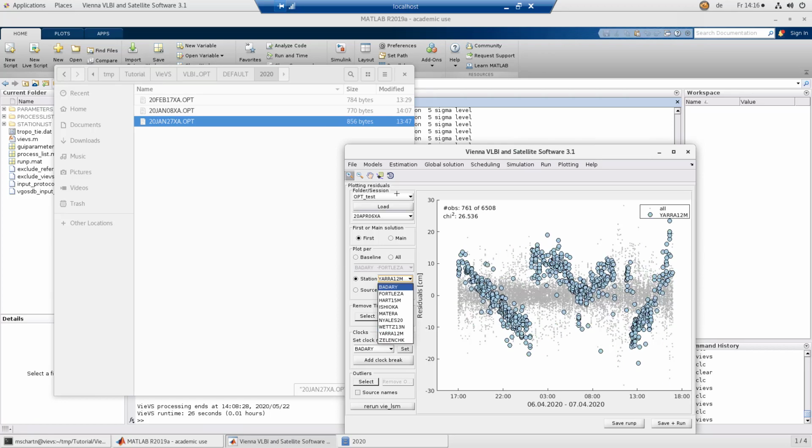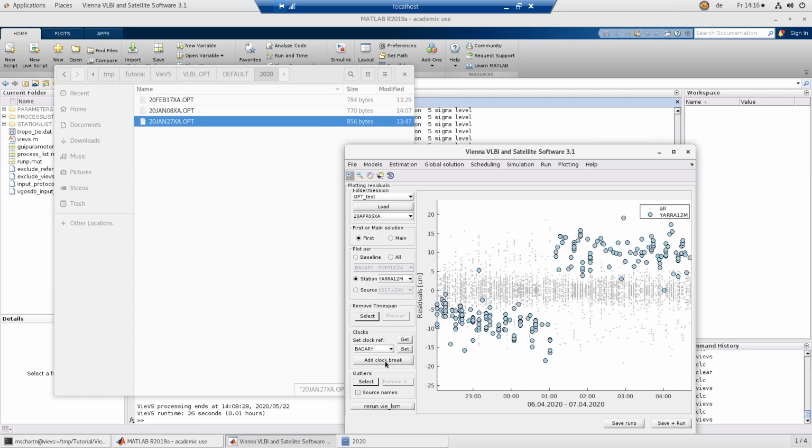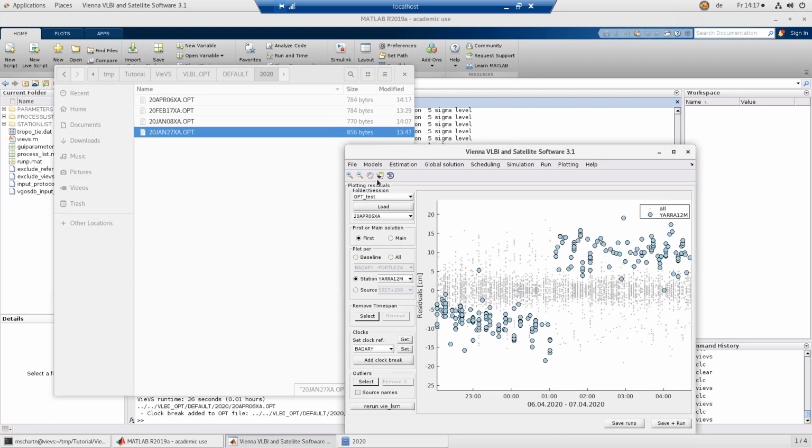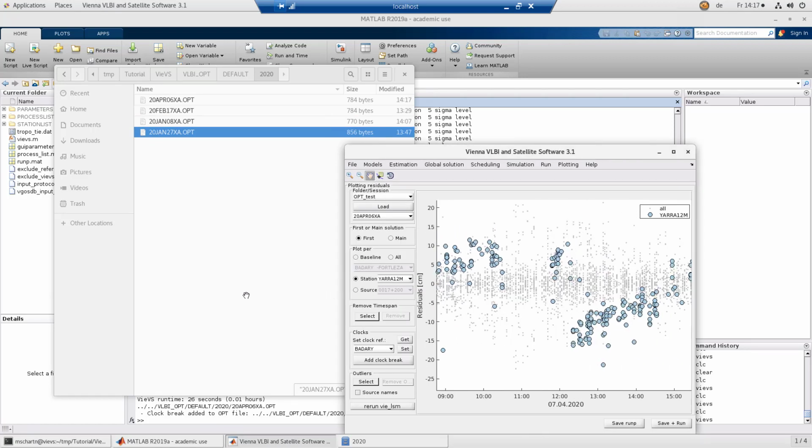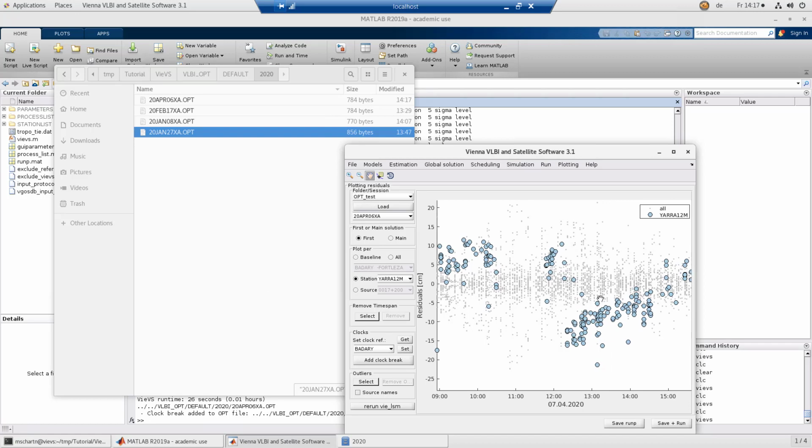So we have to add new clock breaks for Yarragadee. Let's zoom in a little bit and add the first clock break. Simply click somewhere here. And now let's move on to the second part of the session. Okay, here